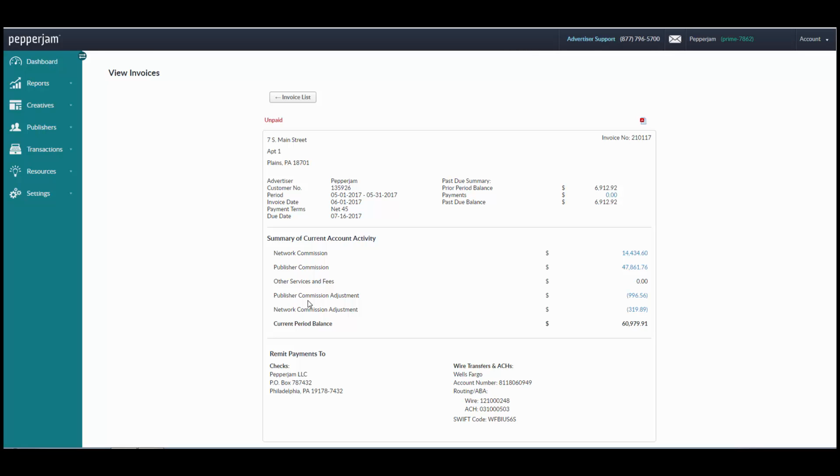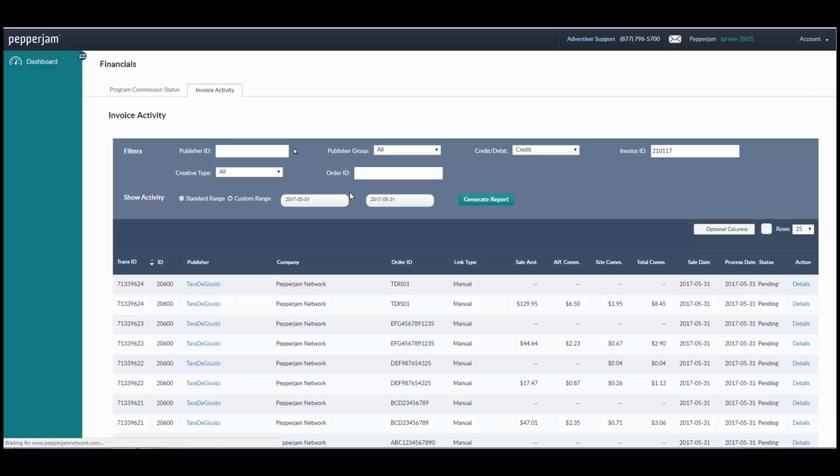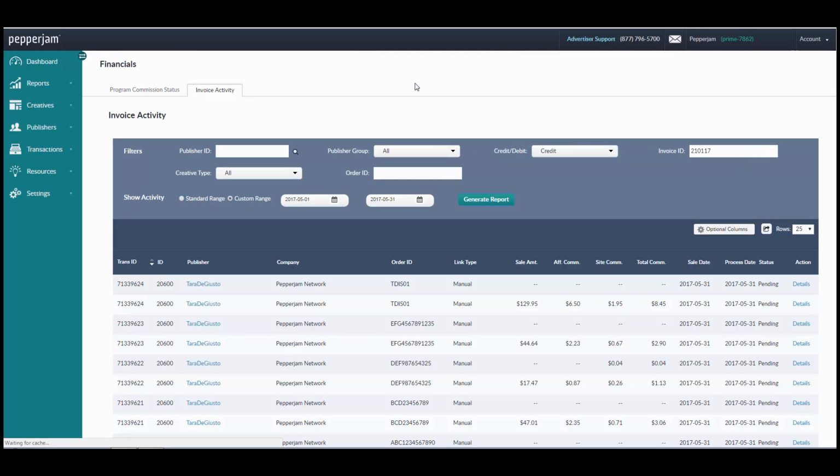So if you had some cancellations or returns and you made these corrections within the program, you'll see those apply here on the invoice as well. And you'll notice that these are highlighted so you can click on them. So I'll click on publisher commissions. And it brings up the invoice activity report with the list of all the transactions that took place during this